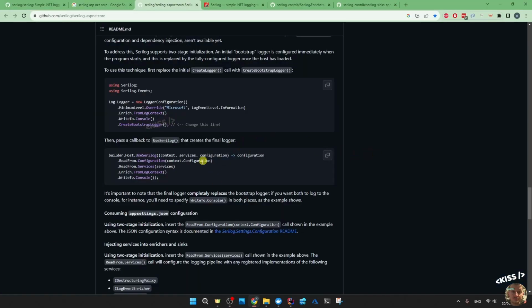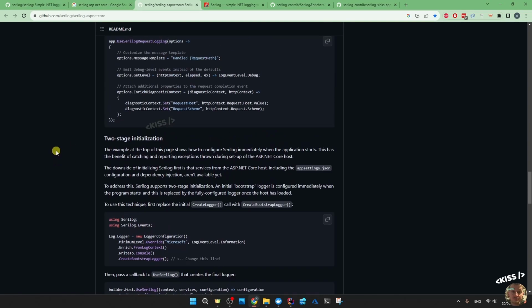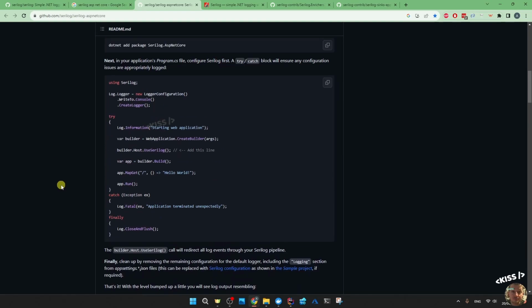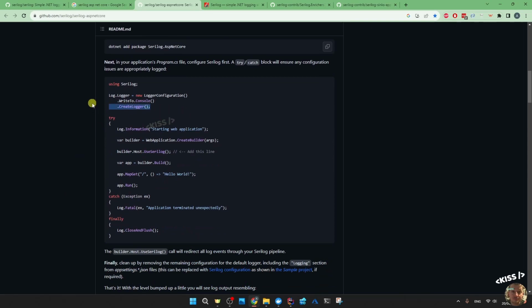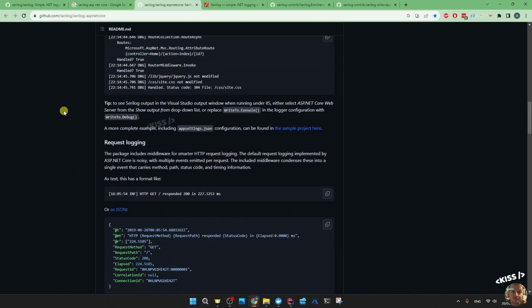We'll quickly browse over the documentation page just to get it out of the way. I'm not just going to copy this page like you might see in most videos. Just know if you're not working in a .NET Core project and some other type of project, and you can't access this builder.host, or if that's your scenario, you can create a logger like that. You can either just say var logger equals new logger configuration and create that logger, or you can access this static instance of Serilog and maybe configure it once and reuse that one throughout your application project. But we're going to use this builder.host UseSerilog implementation,